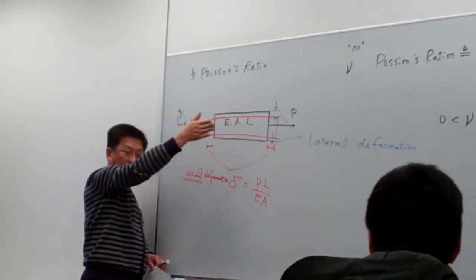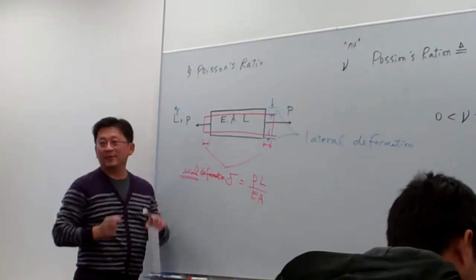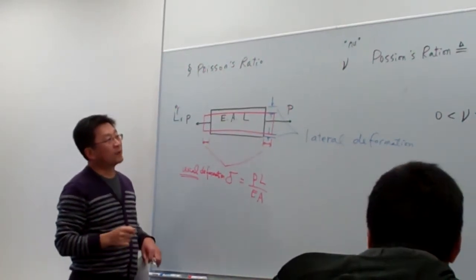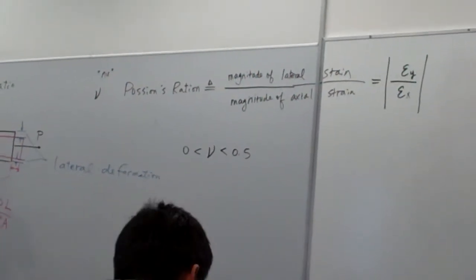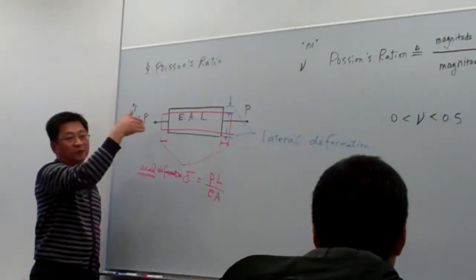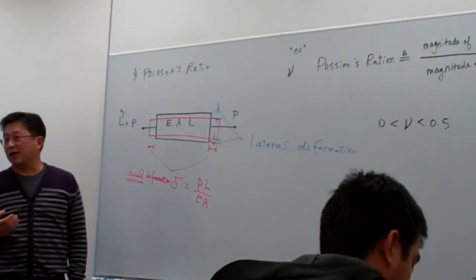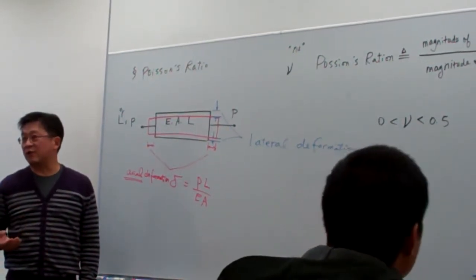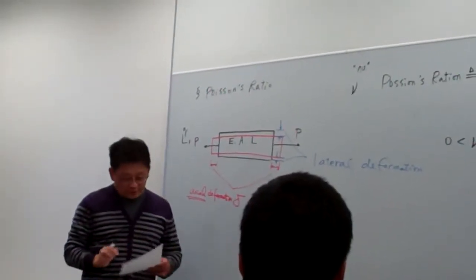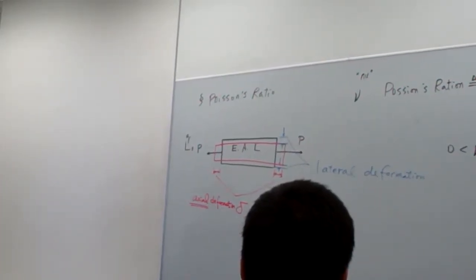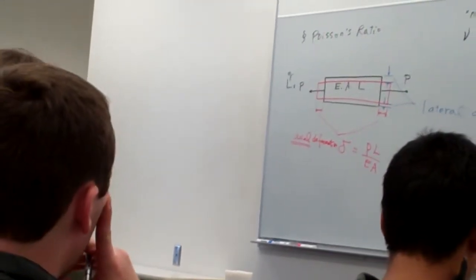The constant nu should be equal in the y direction and the z direction for most isotropic or simple material models. Okay, so with that, we can use one example to see